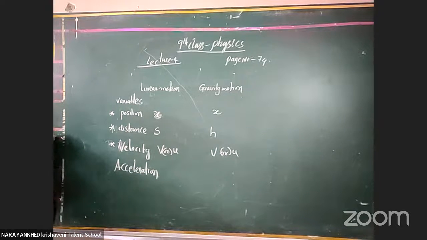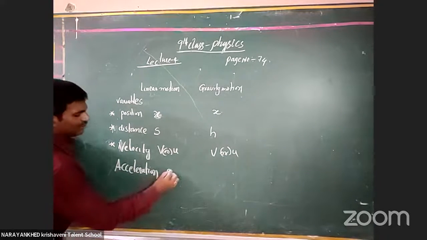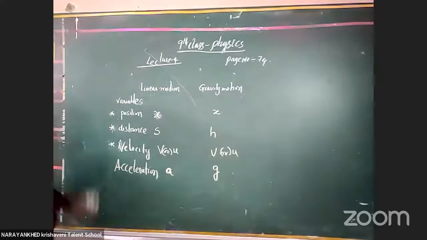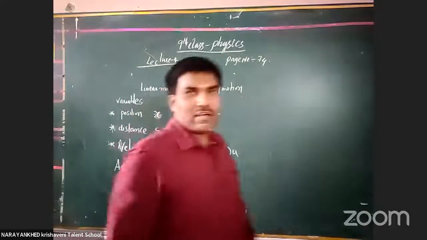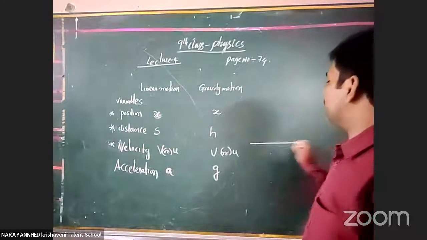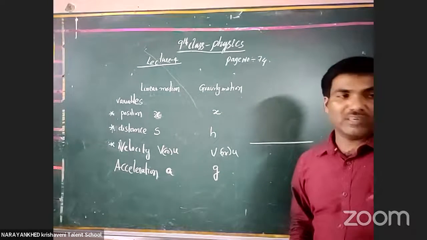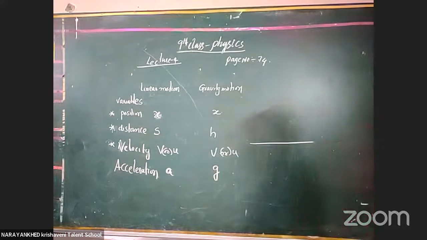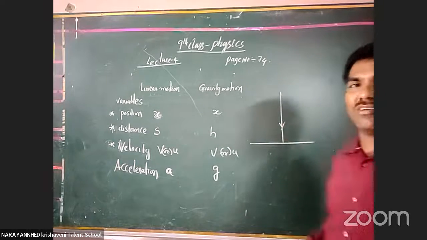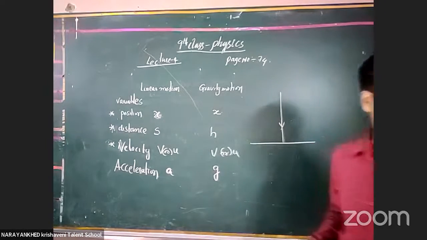Acceleration is what here? The acceleration is A here. Here it becomes what? G. Yes, acceleration is A here and here it is G, and this G also varies. When the body travels in the direction of acceleration due to gravity,